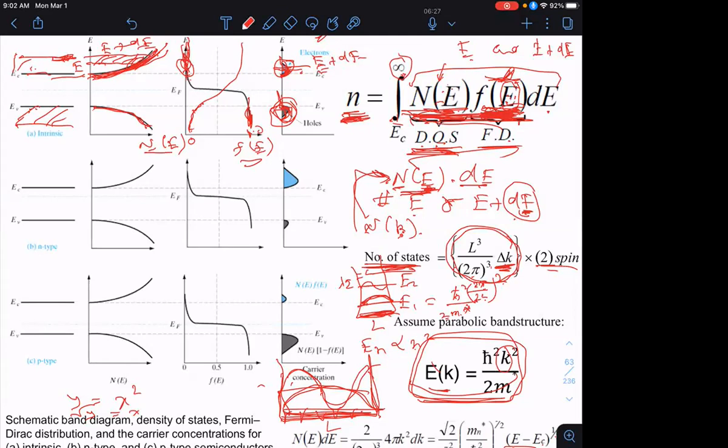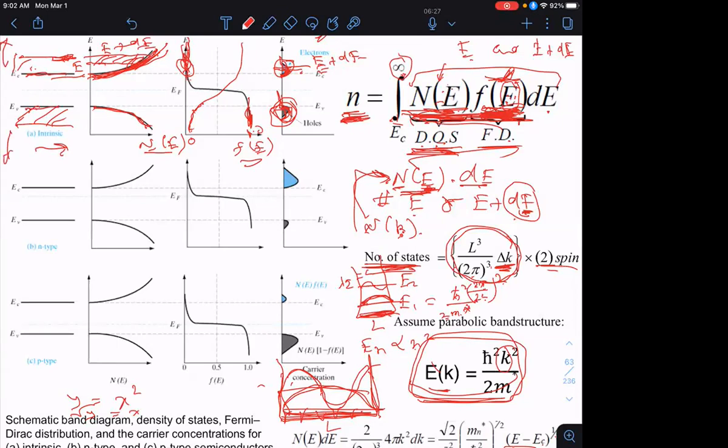Now, the way to read this figure is I have four columns and 3 rows. On the left-hand column, I'm showing the band diagram. So EC is the bottom of the conduction band, EV is the top of the valence band. We know that the axes are position on the x-axis and electron energy increasing upward, while hole energy increases downward,